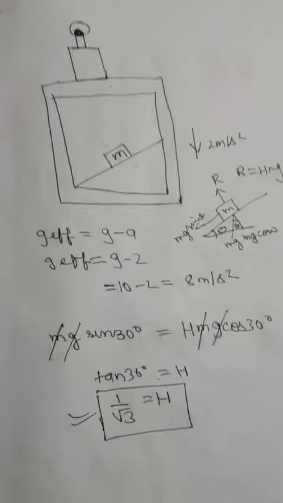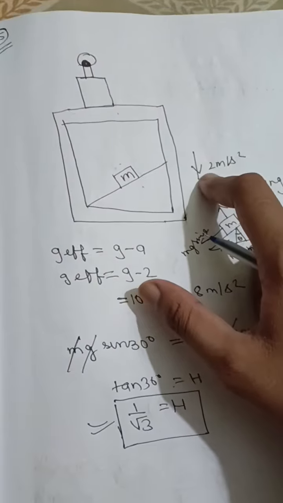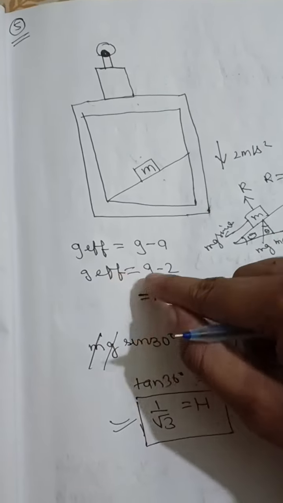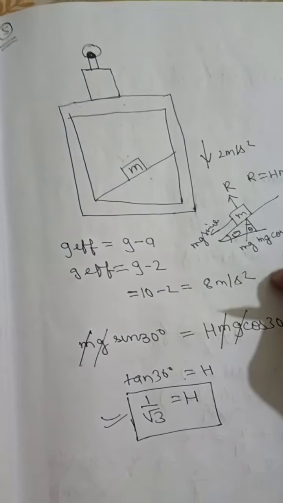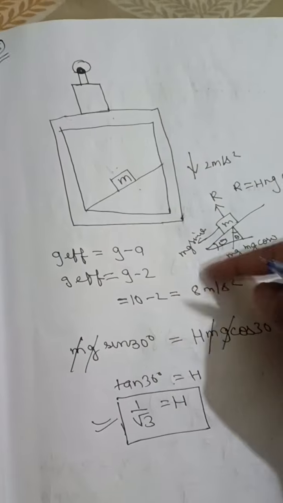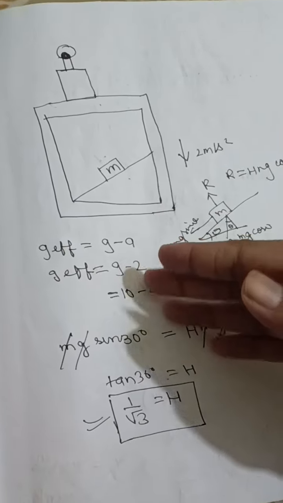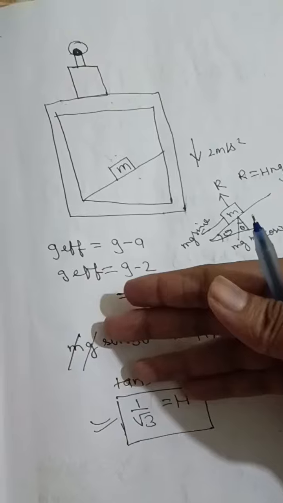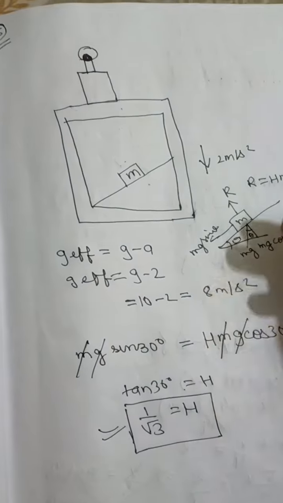Here we have the downward acceleration. So the net gravitation will be g minus a, g by 2, and g is given as 10, so it will be 8 meters per second squared. And we have to neglect this, because the net g will get cancelled. So we have to directly deal with this.